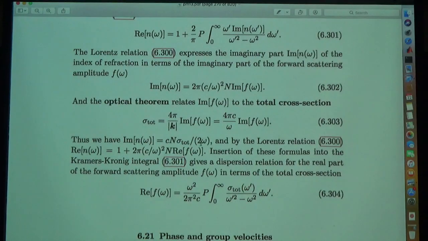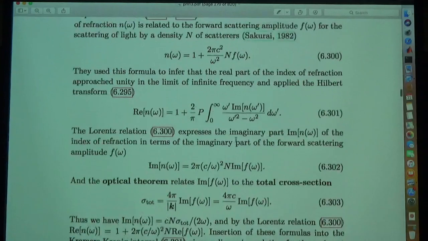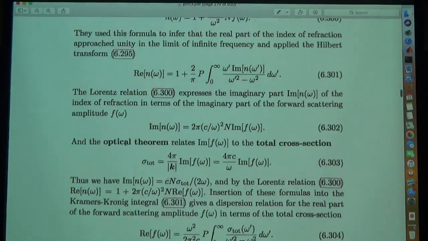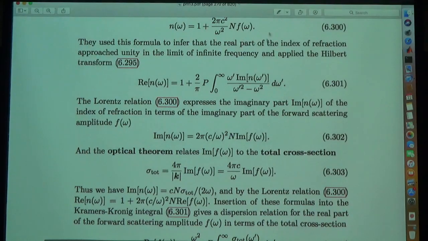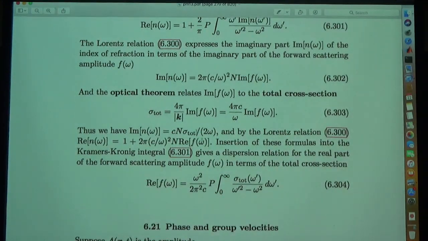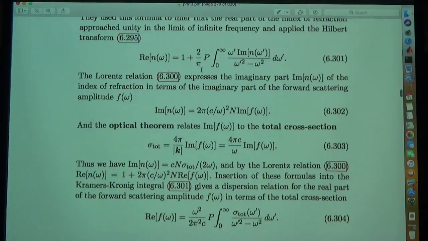And so using those two, you find the imaginary part of the index of refraction is related to the total cross-section in a very simple way. And on the other hand, the Lorentz relation up here tells you the real part of the index of refraction is related to the real part of the forward scattering amplitude. And now, if you put both of these into this expression,